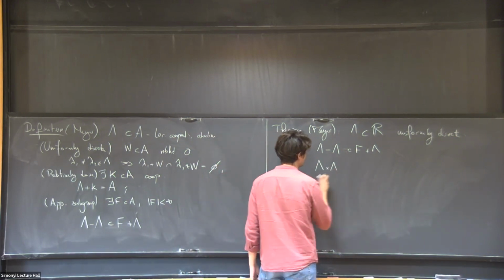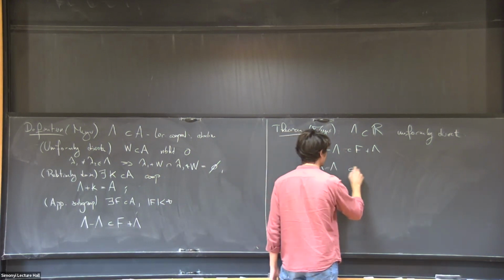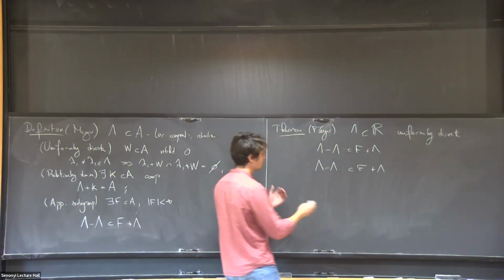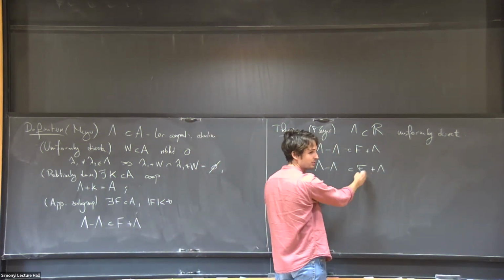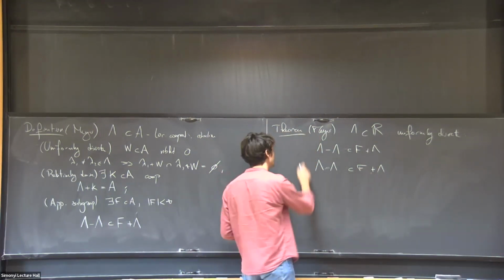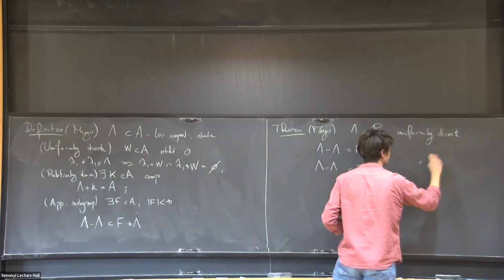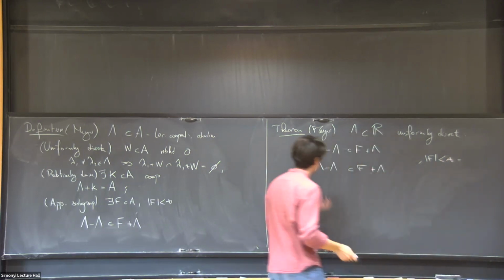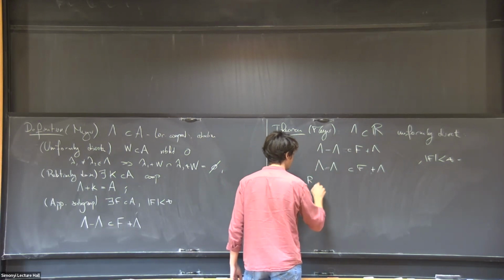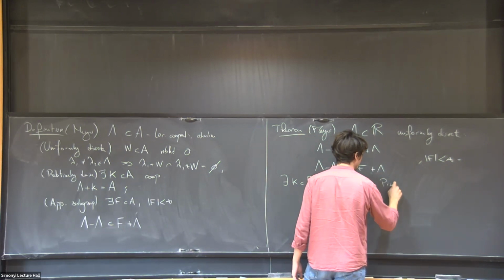So here, I'm just going to write dot lambda, the set of products. And I want it to be not too much bigger than lambda itself. So here there's a weird thing where I use the addition here, whereas you might want to use the multiplication. I think it's roughly the same, but I've never checked it. So if you have these two conditions together for some F finite, what happens? Well, essentially, there exists K in R, a number field, such that lambda is roughly the Pisot numbers of K.